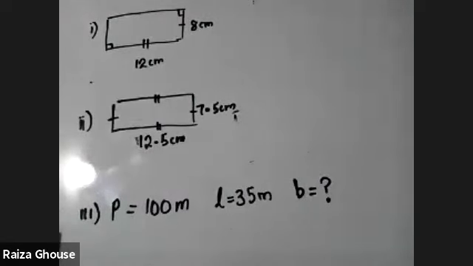So the ones who joined now, please get connected to the lesson. We just started the lesson perimeter and we gave a definition for perimeter, and the first plain figure we have taken is rectangle. Formula was derived, and also 3 questions are given now. You have to find the perimeter of first 2 figures, and in the third one, you have to find the breadth of the figure. Send your answers.